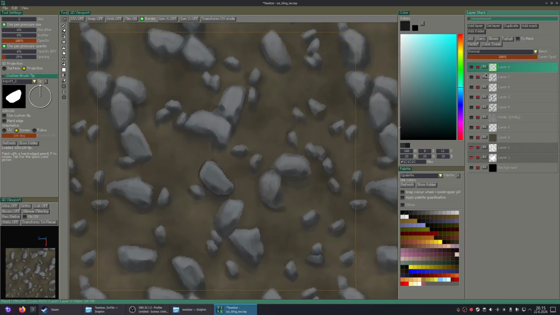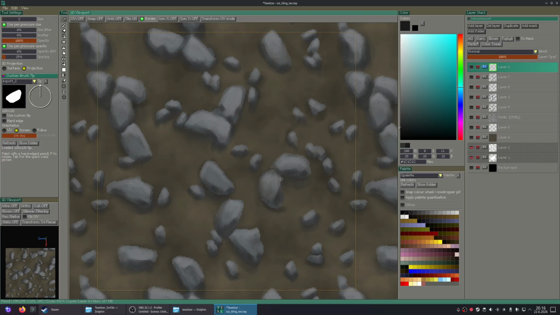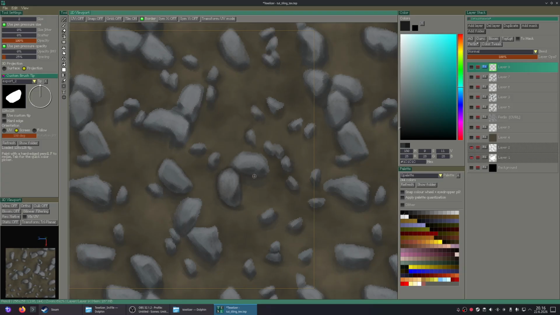What if I use some blur on this? Yeah, sure. Now I can just keep the blur on and then paint. And all my strokes will be blurred as well. Yeah, I'll just try this.